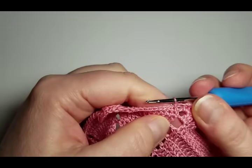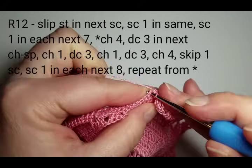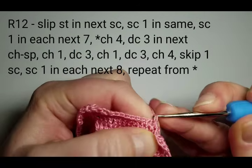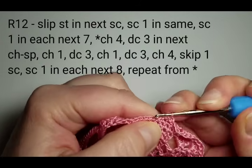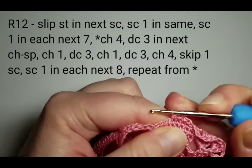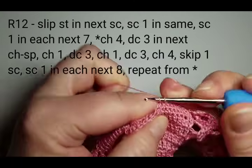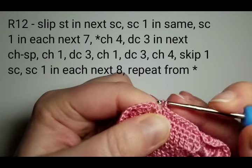And round 12, again we start with slip stitching into the next single stitch here and single crochet into the same space and do 7 more. So we need here a total of 8 single stitches. 1, 2, 3, 4, 5, 6, 7, 8. Now chain 4,